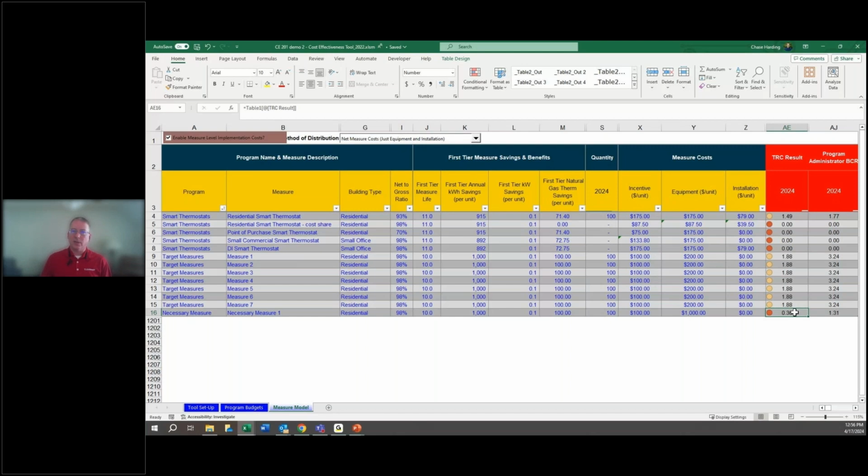The cost effectiveness is not good for that measure. How do we fix that? And we do things like change the weight so that that measure is less of an impact on the portfolio, and this measure that has a very good TRC score, or all of these measures that end up having a good TRC score, balances out the portfolio TRC, so that we get an overall, an average of these numbers that comes out to,